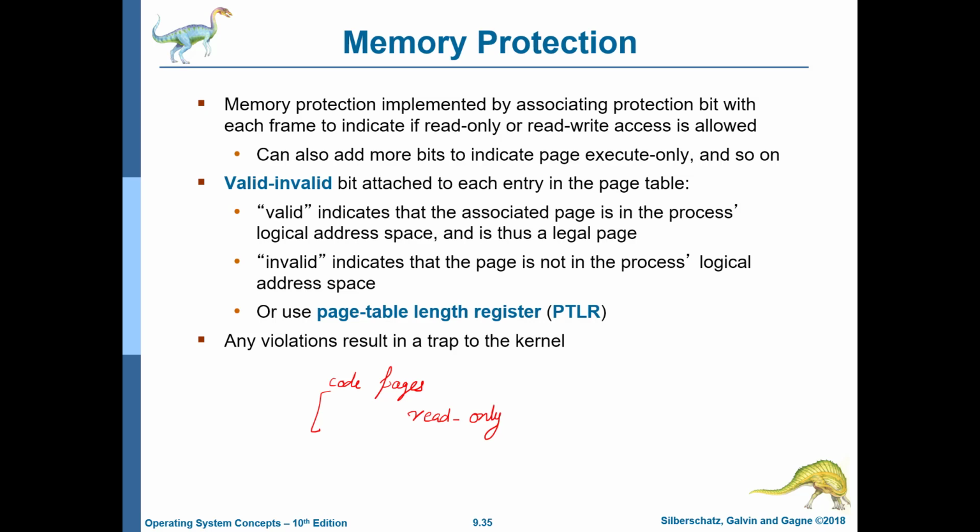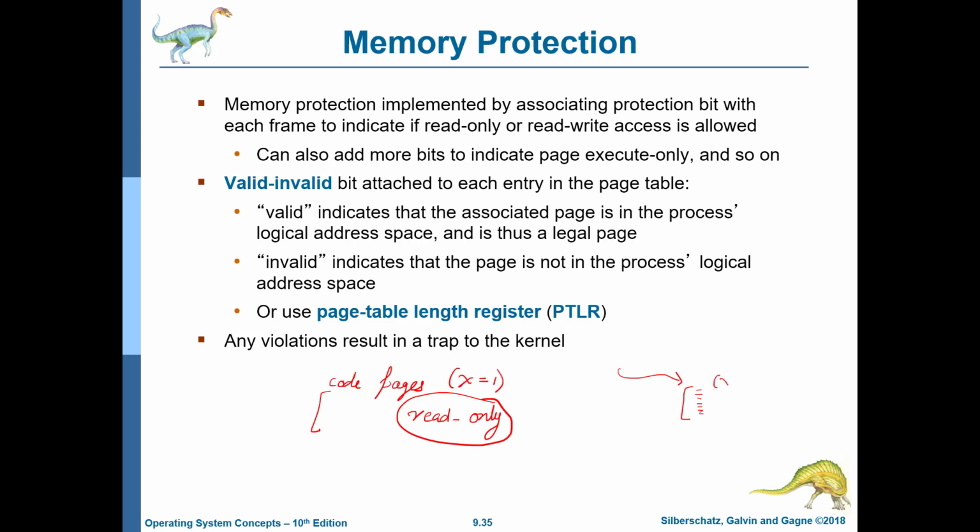That is mainly because when it tries to modify the code of the program, such that instead of doing what it is supposed to do, it does what the hacker tells it to do, this process will fail, because in the page table and the TLB, the code page is marked read only, which means the code page cannot change. Similarly, it is often the case that the hacker tries to divert the program counter to some part of the data memory and asks it to execute some code which was not an original part of the program. So in this case also, the paging hardware can have an additional execute bit which will be set to 1 for code pages.